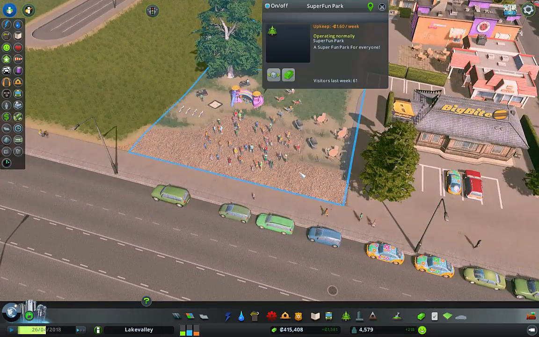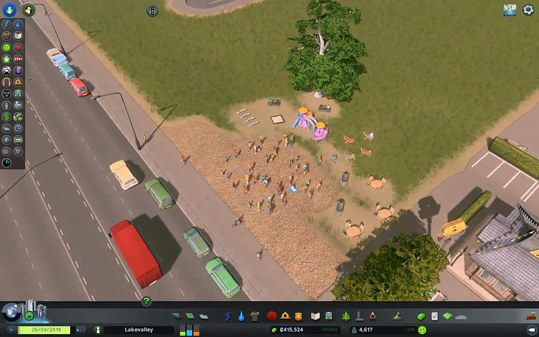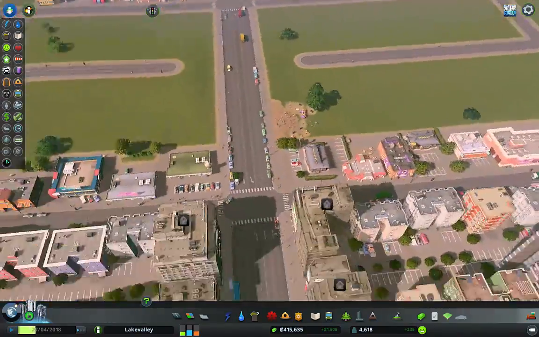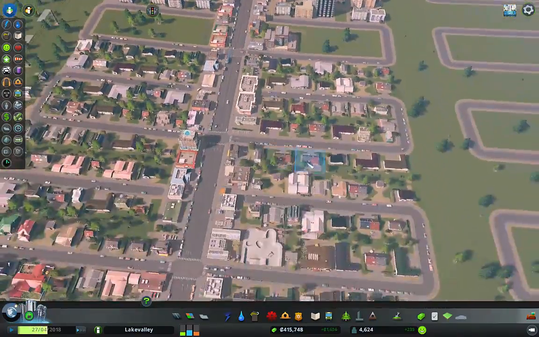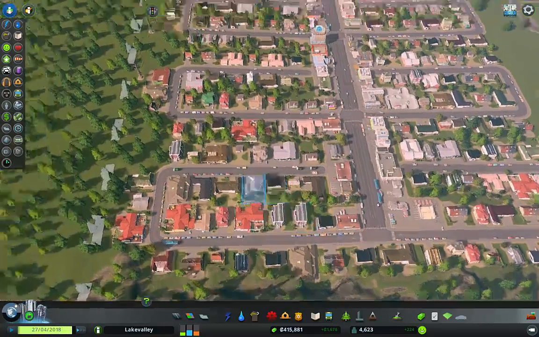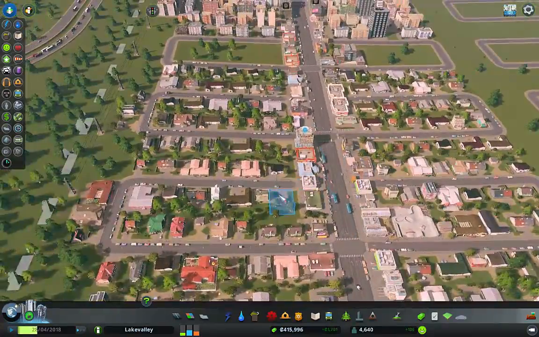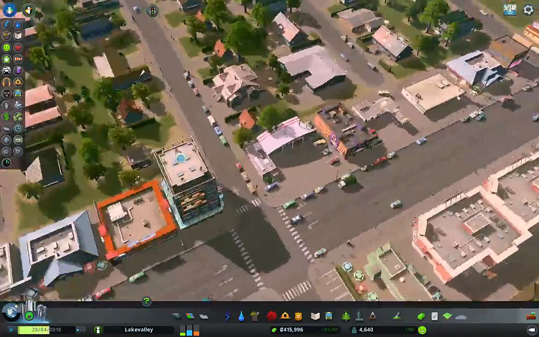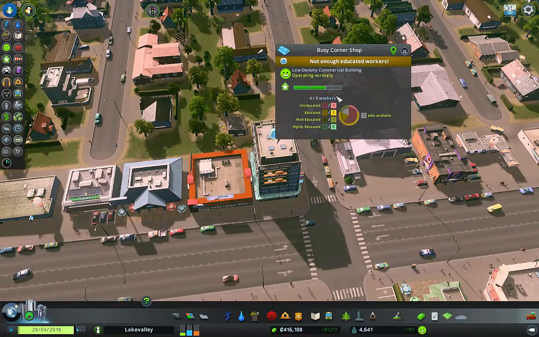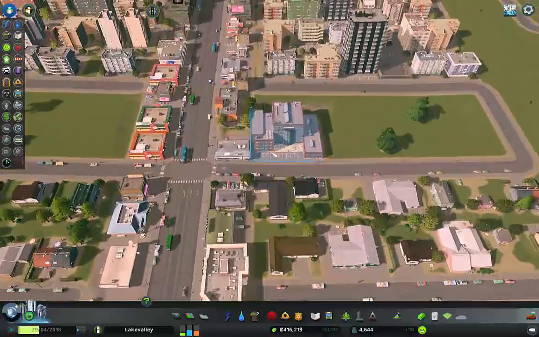So we got a lot of good people here. See, they're having a super fun time in the park. They are enjoying themselves. I think we are good. Look at that prosperity. We got prosperity going here. Not enough educated workers. Yeah, these are upgrading. These are slowly upgrading, but we really need